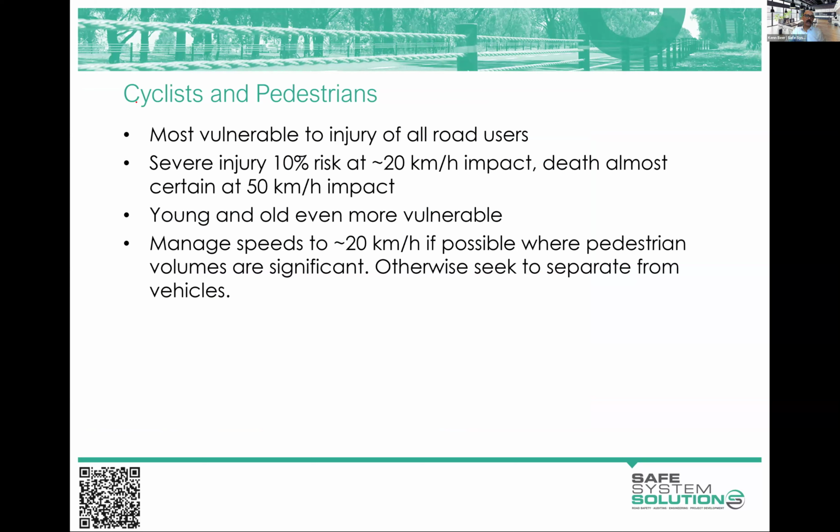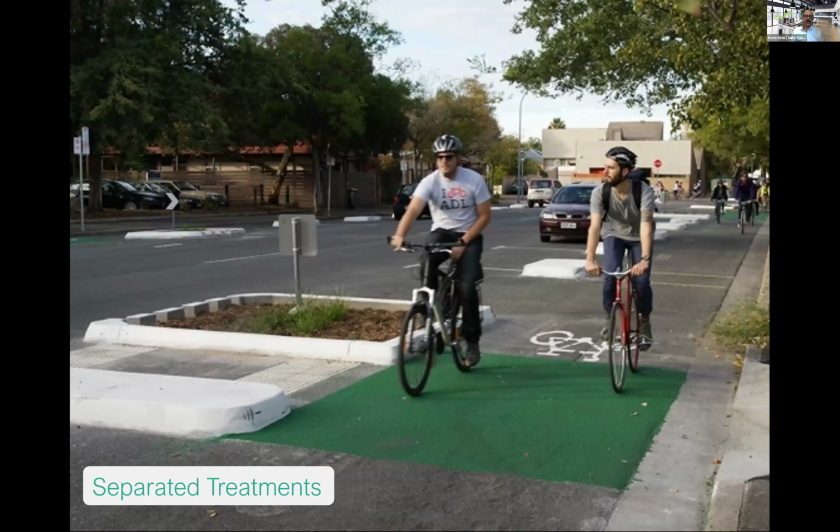There's a few dot points now talking a little bit about cyclists and pedestrians as two of our vulnerable road users, and just showing the risk associated with impacts from passenger vehicles at some speeds, which we know is going to significantly cause damage. So around that 20 to 30 kilometre per hour mark is our real threshold speed for pedestrians and cyclists. And so creating these physical separations for cyclists is what we would really be aspiring towards.